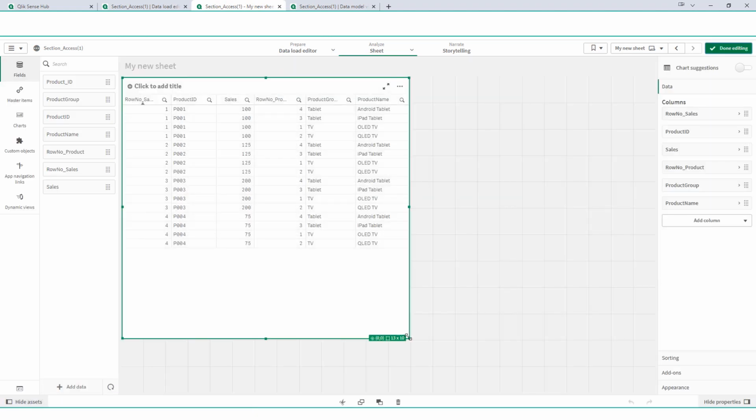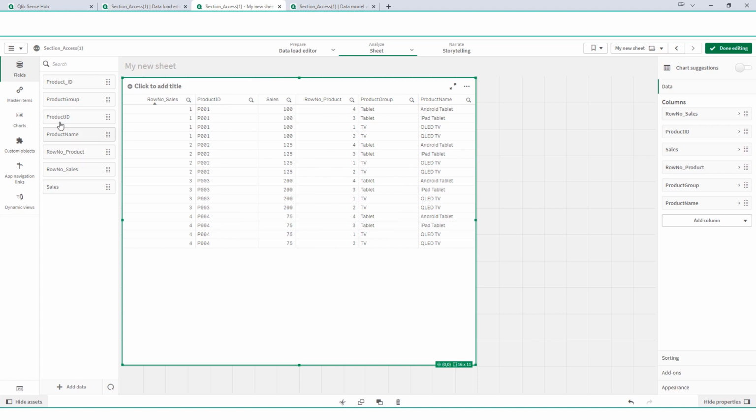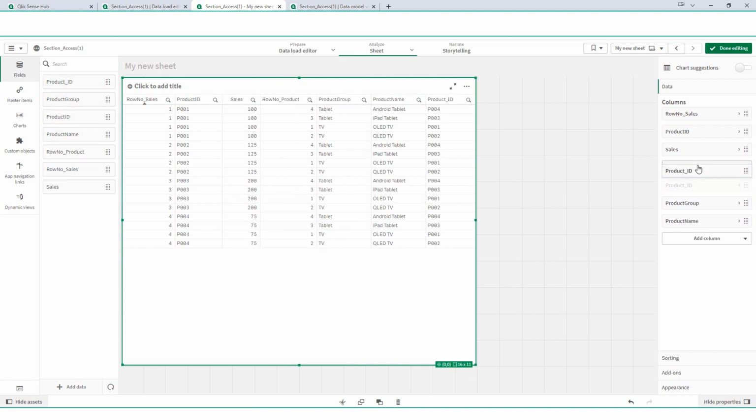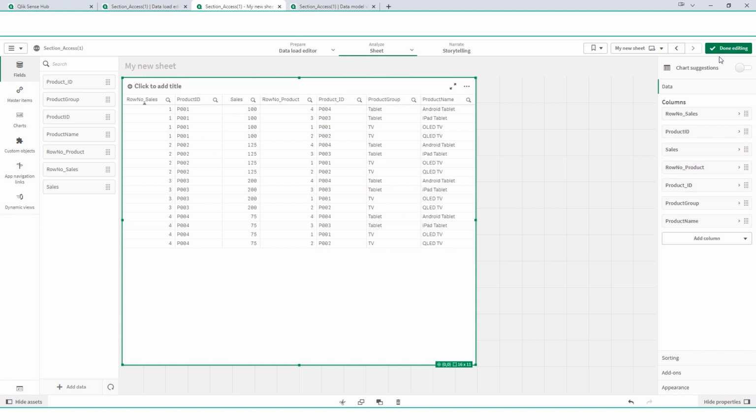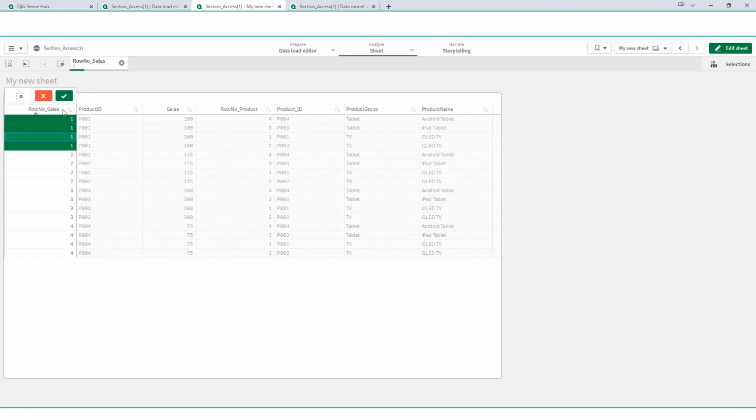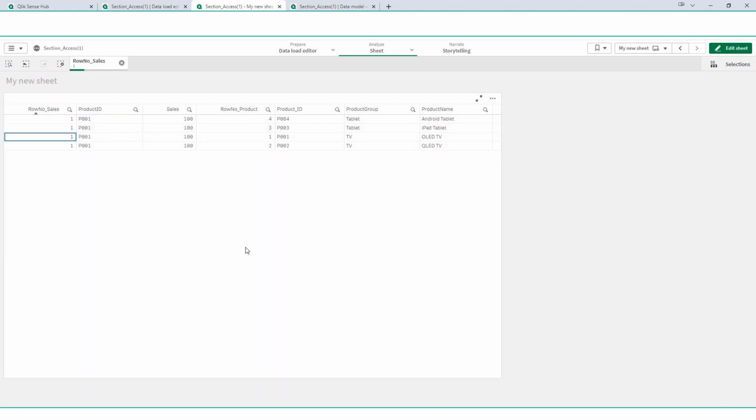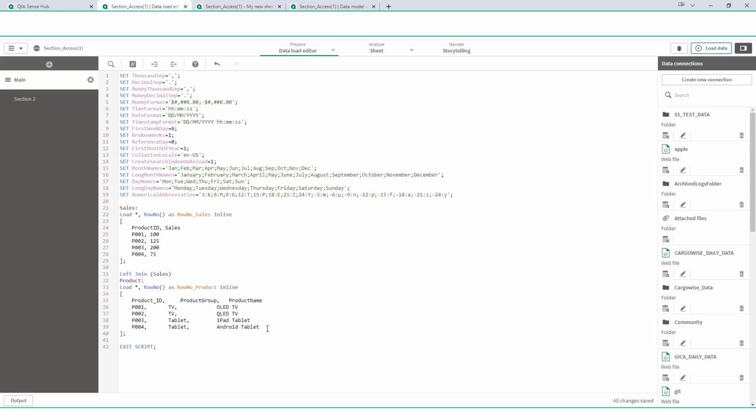So I will add one more field here, that is product underscore ID from the product table, and we have row number underscore product. So now if I select the first row from the sales table, it will join with all 4 lines of the product table. If I write here one more,